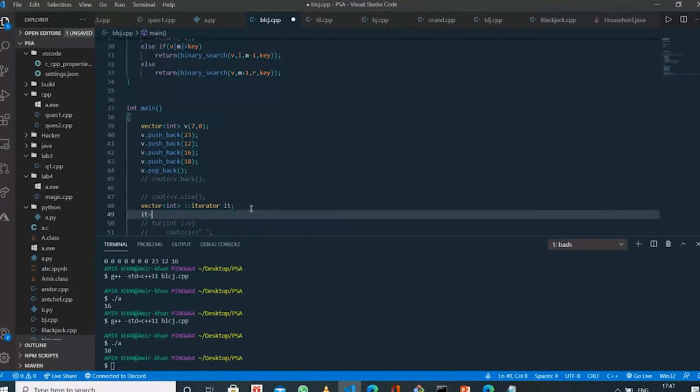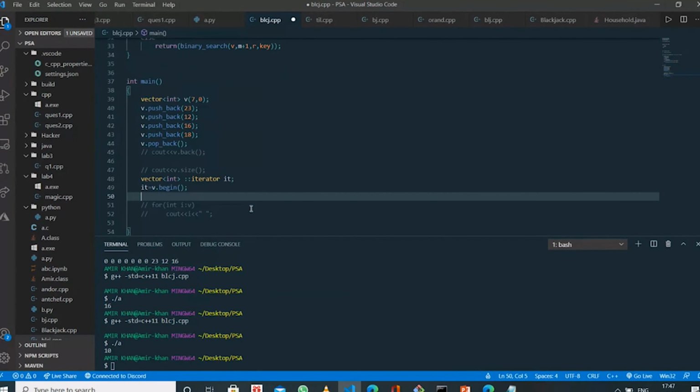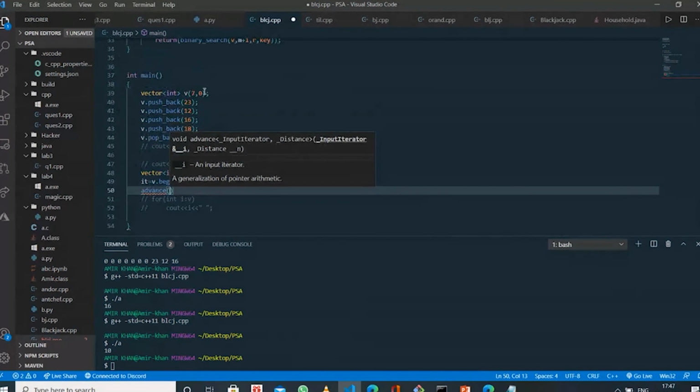IT is equal to v dot begin. My iterator is initially pointing to the first element of the vector, and I want to advance it to point to 12.